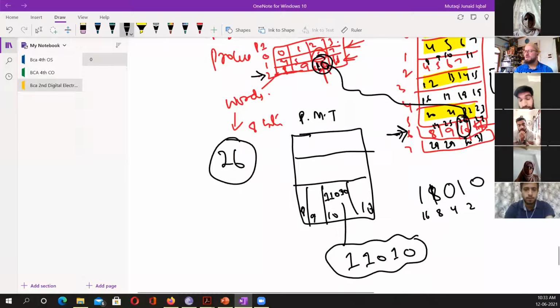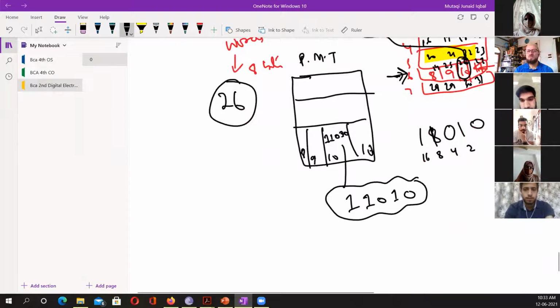Because 8 cannot be represented by only 2 bits, which will run from 00 to 11. That is only 4, so it cannot represent 8. So I need at least 3 bits, 000 up to 111. So I need 3 bits to represent the frame, and out of this, these 3 bits will represent the frame, and the 2 left over will represent the offset.